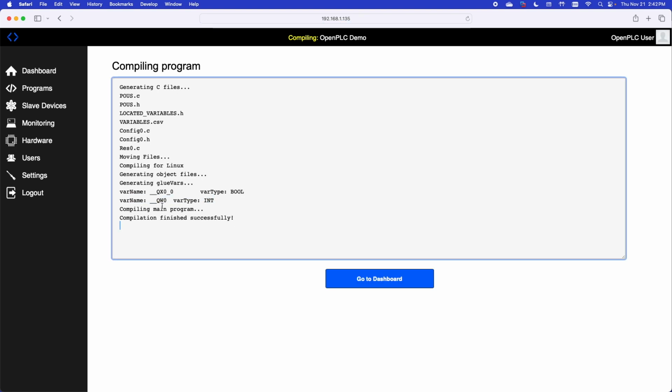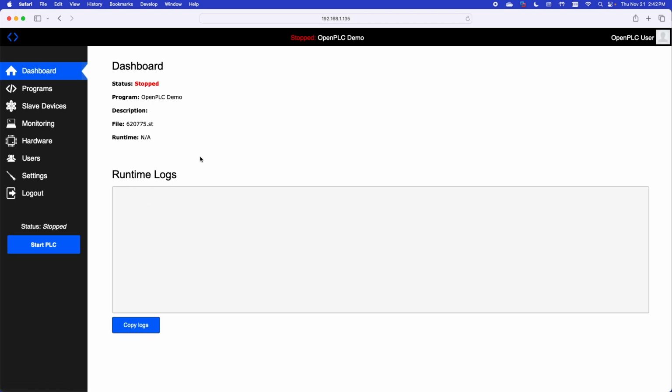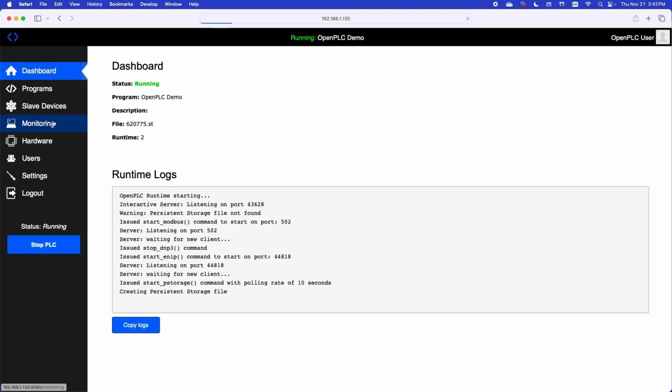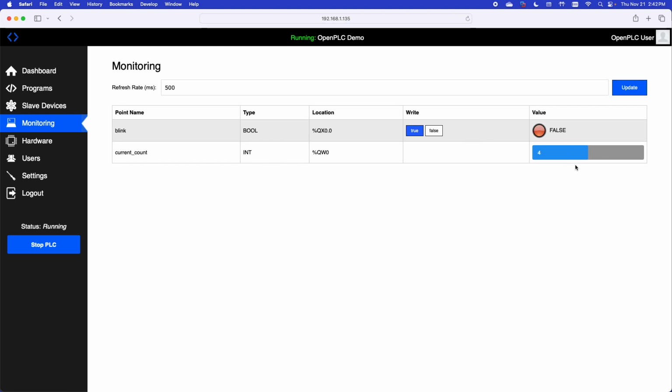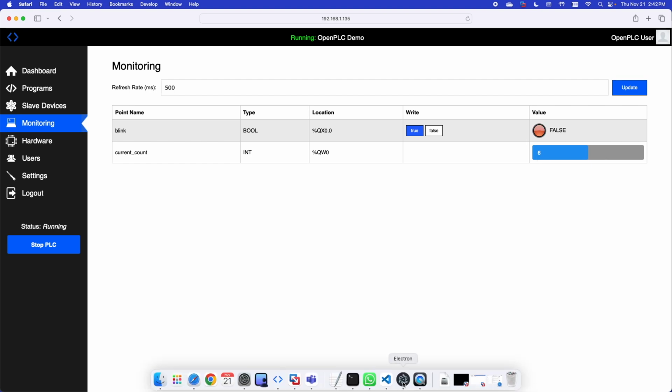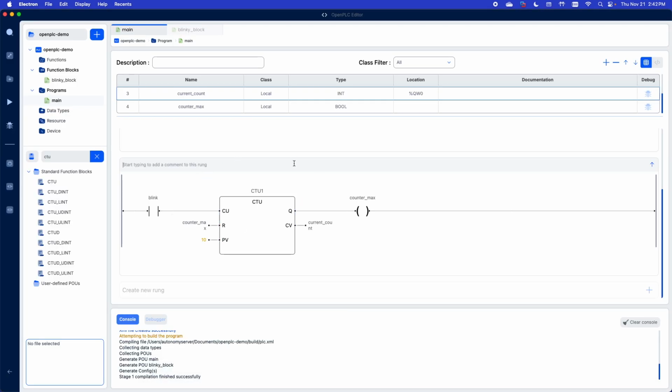You see there's another location there, QW0. So if I run it, sure enough, I can see that my counter is working, right? It's counting up to 10. Every time the blink is true, when it reaches 10, it goes back to 0, right? So it works. Very easily, in just a couple minutes, I was able to create some logic using the new